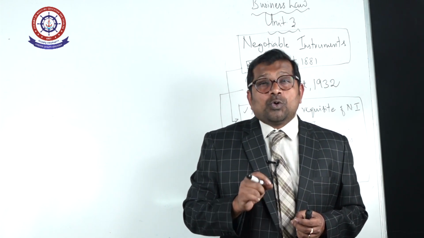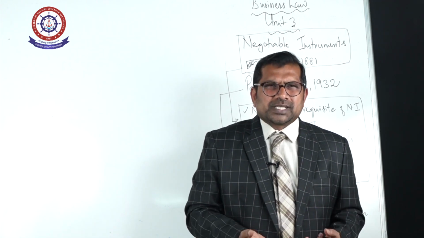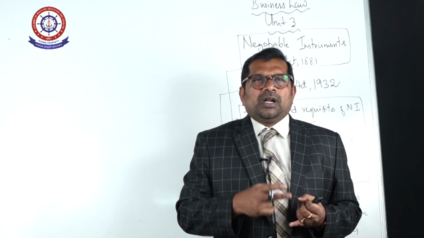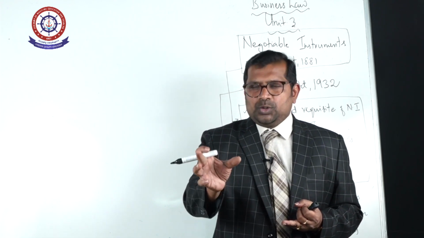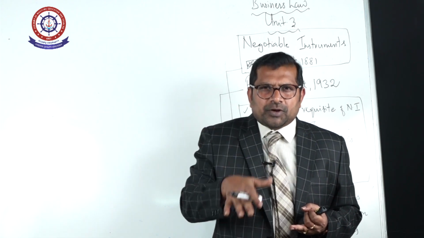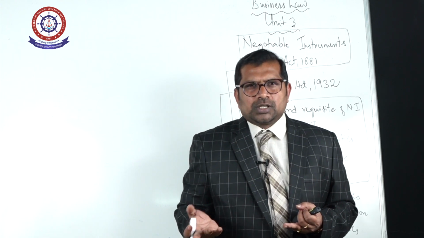Dissolution by order of court, section 44. If a partner becomes of unsound mind, only those of sound mind can do the business, and unsound mind means they cannot do the business. So for the unsound mind, as per section 44, dissolution by order of court, the firm comes to an end. A partner incapable of performing his duty, even the duty which was instructed to him, but he is totally incapable of performing it, also leads to dissolution by order of court.